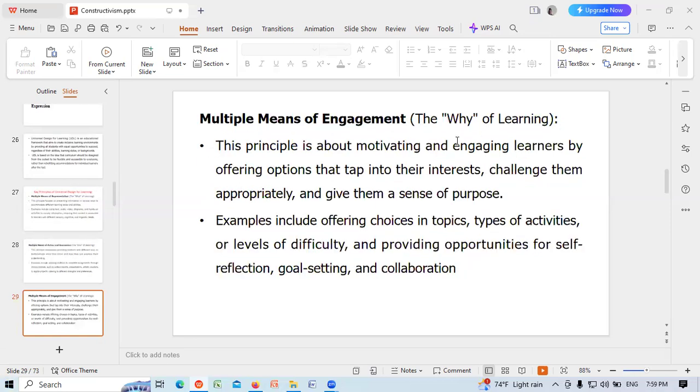Multiple means of engagement. The why of learning. This principle is about motivating and engaging learners by offering options that tap into their interests, challenge them appropriately, and give them a sense of purpose. Examples include offering choice in topics, types of activities, or levels of difficulty, and providing opportunities for self-reflection, goal setting,